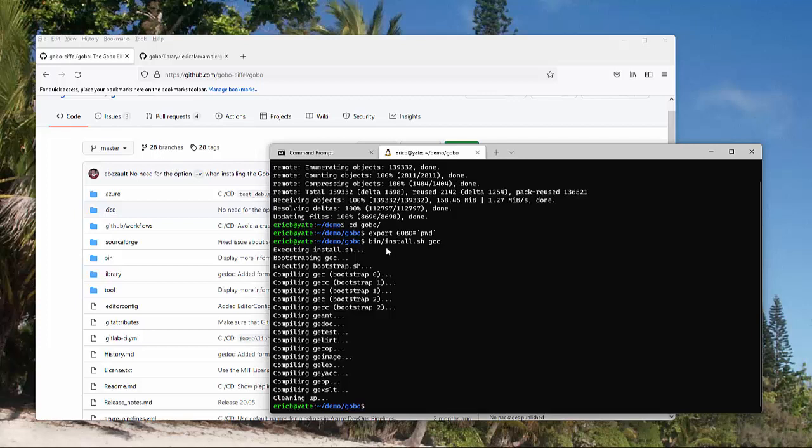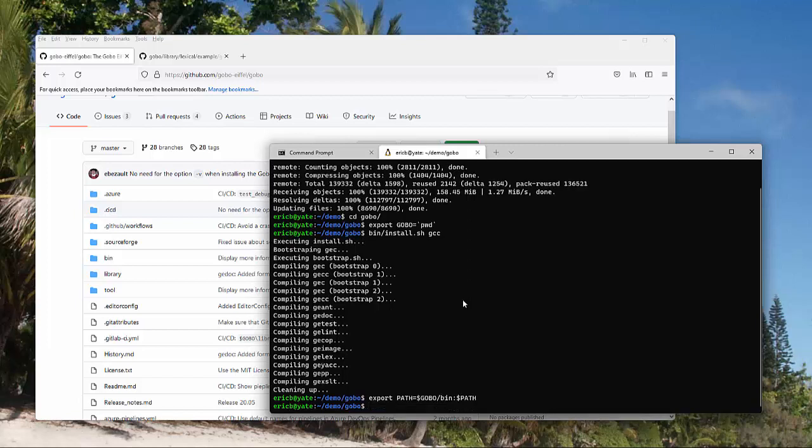So the last thing which remains to be done is to add the folder $GOBO/bin into your path. Export PATH equal $GOBO/bin:$PATH. Okay, that's it. Now the Gobo Eiffel package is installed on your computer.